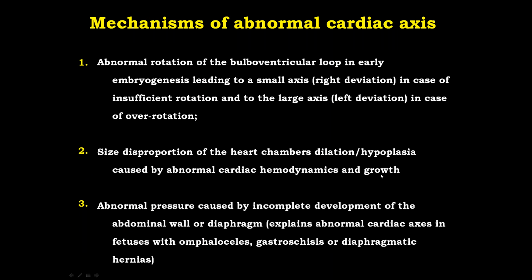So the mechanisms of the abnormal cardiac axis are really unknown. Several theories were proposed that you can see here. For some anomalies, such as conotruncal anomalies, the abnormal cardiac axis results from abnormal rotation of the bulboventricular loop in early embryogenesis. And this is what we can usually see in fetuses with